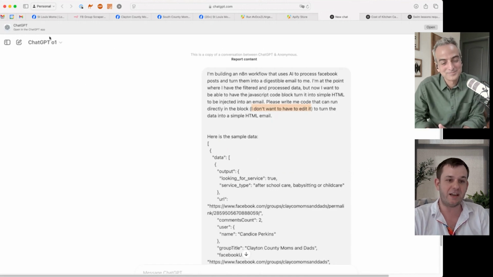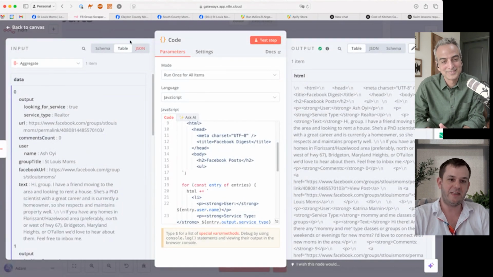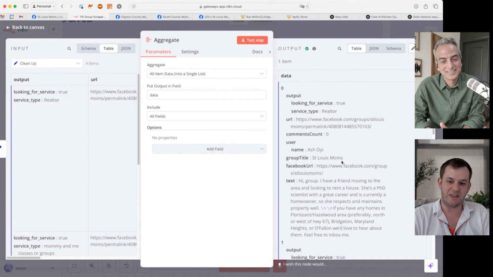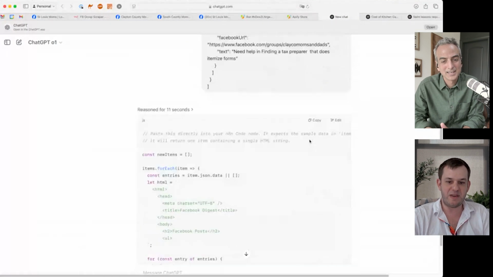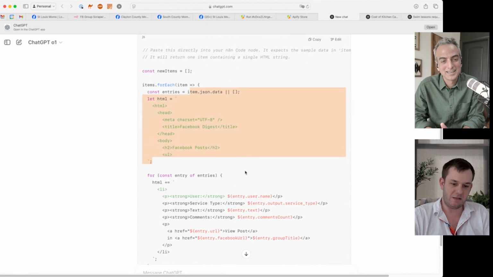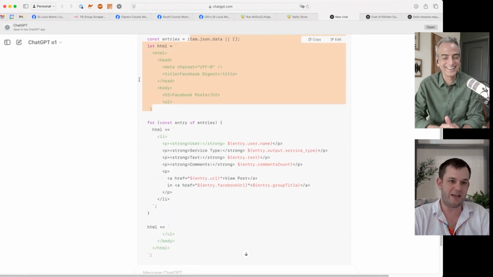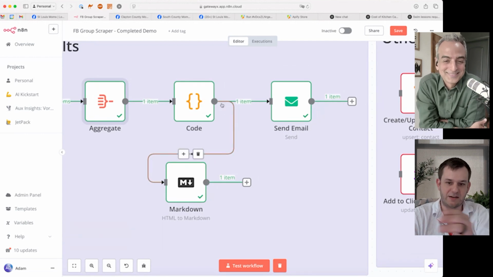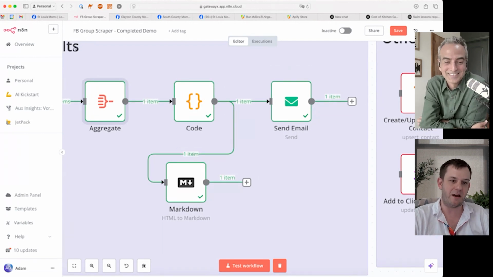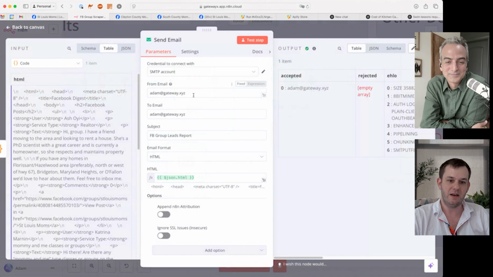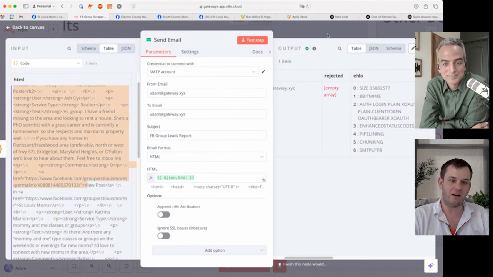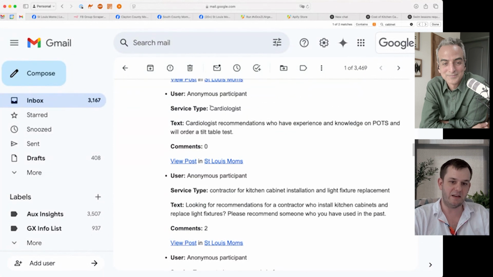And then I just take the data that we've got from our aggregate here. You can copy all of this data, drop that in, scroll down, and then it gave me some HTML. I did not look at this. I did not read it. I just copied it, dropped that into this code block, and then dragged a line from the code block to send email. So it's taking in whatever the code was, and it's going to send me an email,